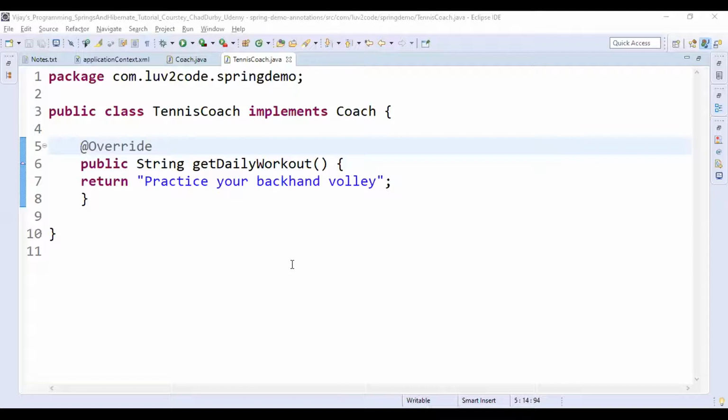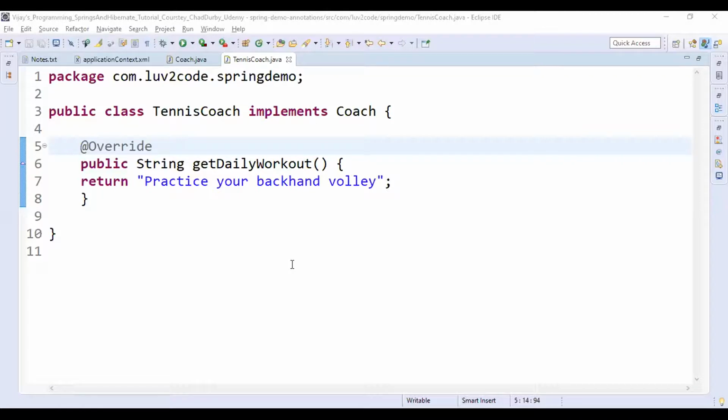If we did not, the compiler will throw a compilation error. The @Override annotation is processed at compilation time.